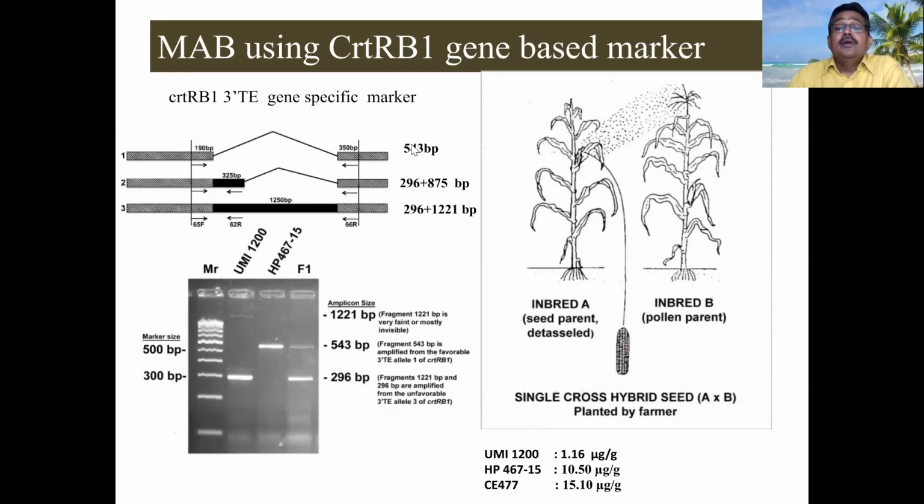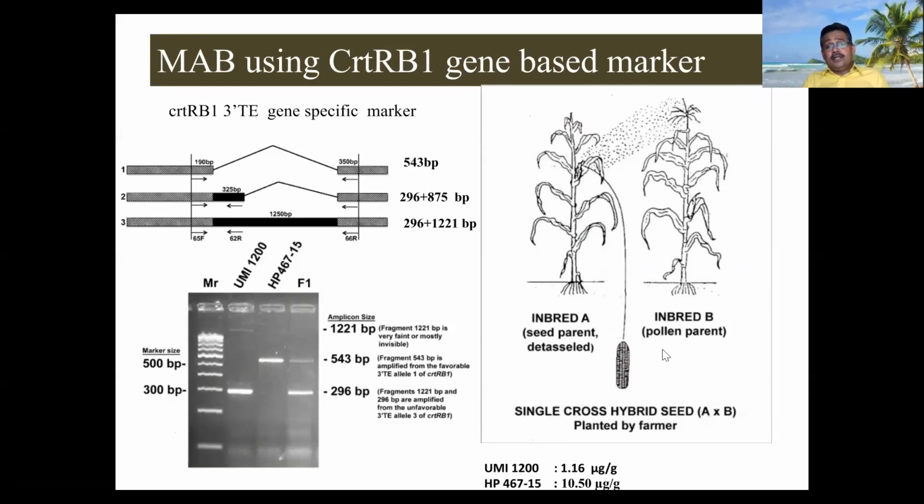So what do we do? Whenever you want to transfer beta carotene, you have to select the variety. So we selected our hybrid, COS6 based hybrid, which is one of the popular high yielding hybrids. In that hybrid we have two parents. Again, this is the question when you work on cross-pollinated crops: you have to convert both the parental lines. One parent is UMI 1200 and another parent is UMI 1230. So these two parents we have to convert. We have started the backcross breeding program with both the inbreds. Again, you have to estimate whether our chosen line has high carotenoid or not.